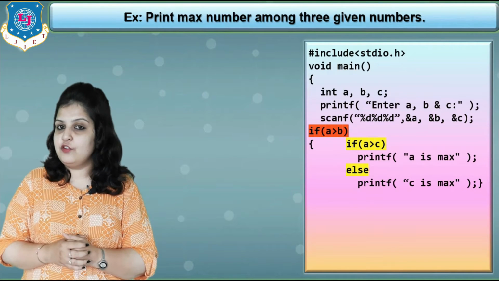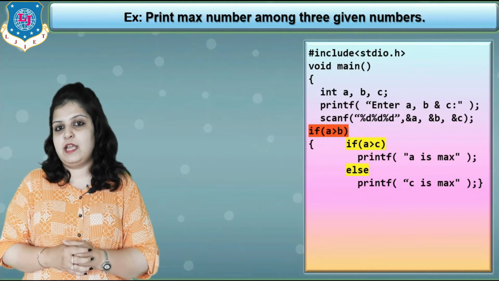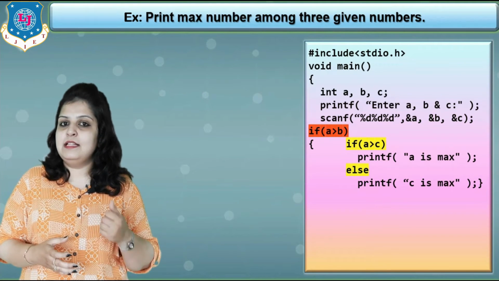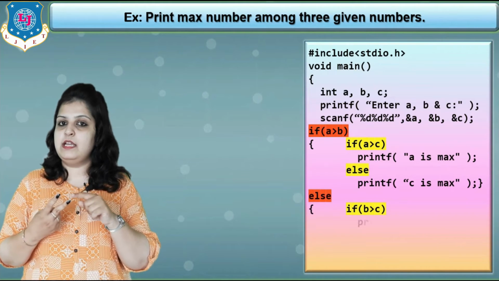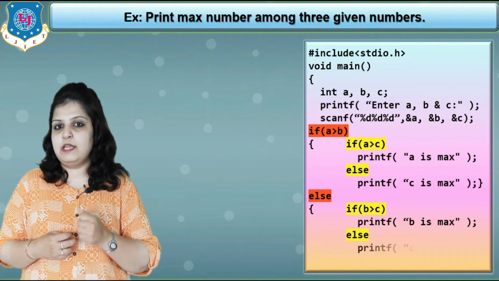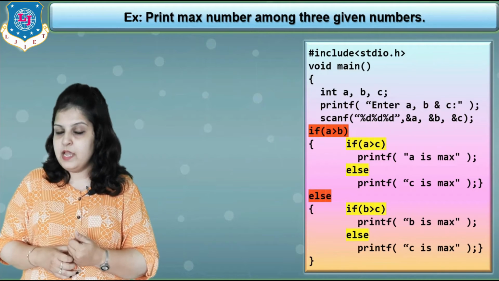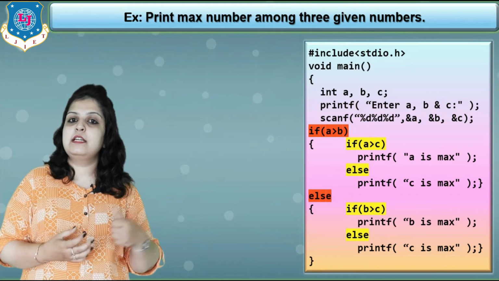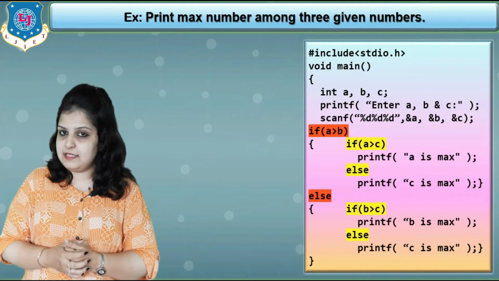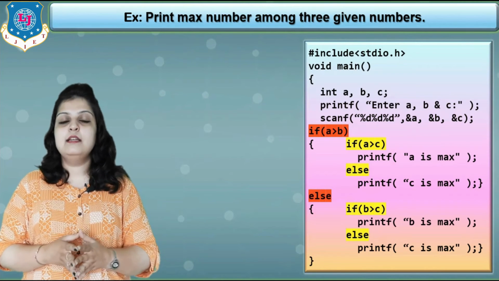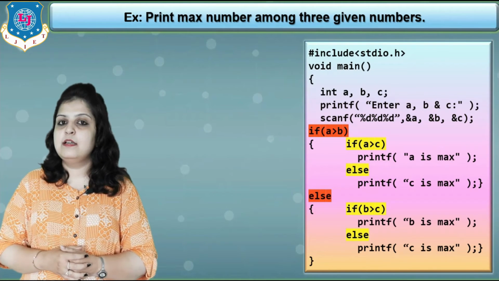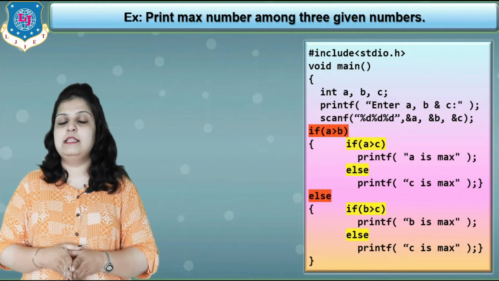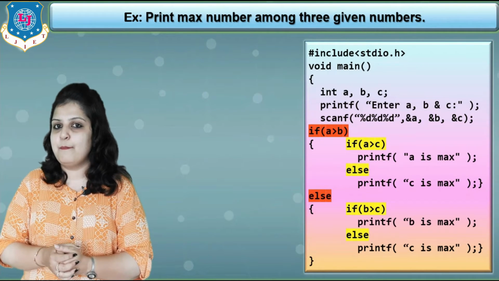But if the second condition becomes false, then in this case we can say that c is max. And then after the else part, suppose our first condition, a greater than b, becomes false. In this case we can say that b is max from a. So check if b is also max from c. So the last condition is: if b greater than c, if yes, then printf b is max. But if this condition becomes false, then in this case obviously c is max.